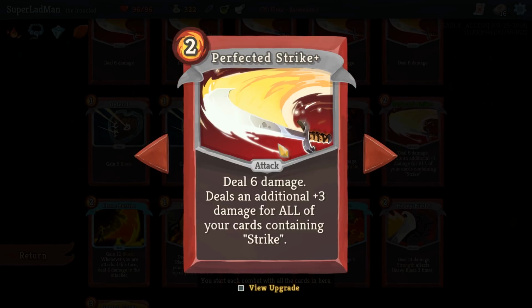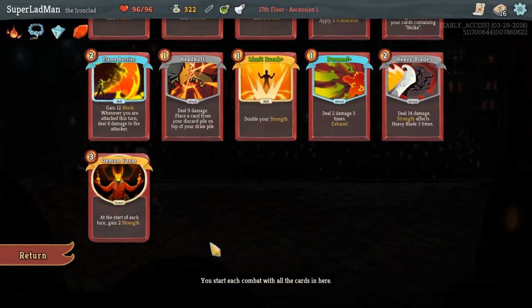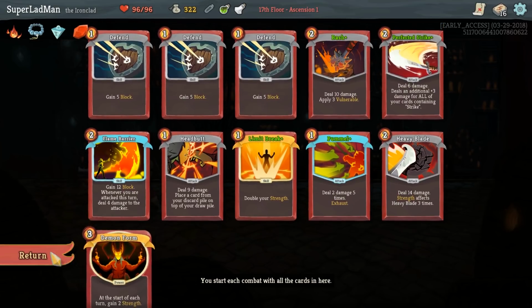Unfortunately, most of the damage comes from Perfected Strike, so we do have to keep our Strikes in our deck to make that work. But we do have Pummel, Heavy Blade, pretty good strength payoffs, and we finally, as the final card reward for the boss, managed to get Demon Form. So this is the way that we're actually going to enable our strength buffs,